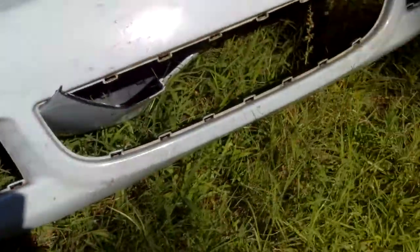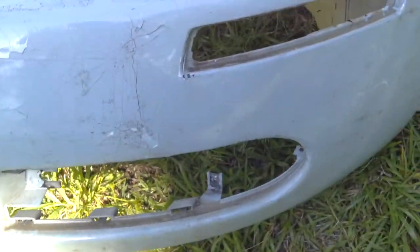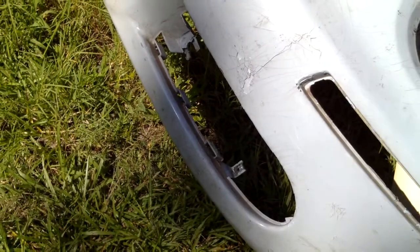this is what's left of the blue bumper. Doesn't look bad, but I found out that this blue bumper had been hit once before and they did a bunch of body work to it, and when the deer hit it, it knocked some of the body work off, but there's more body work. And unfortunately, the first deer did the damage to the bolt holes on the top. Actually, it was funny, there was a big dent right in there where the signal light went. That's why the signal light went. I actually banged it out with a hammer and it came out, but because the top got ripped off and the body work came off,